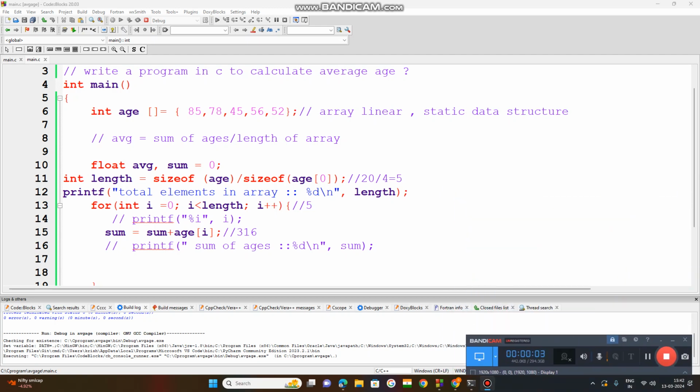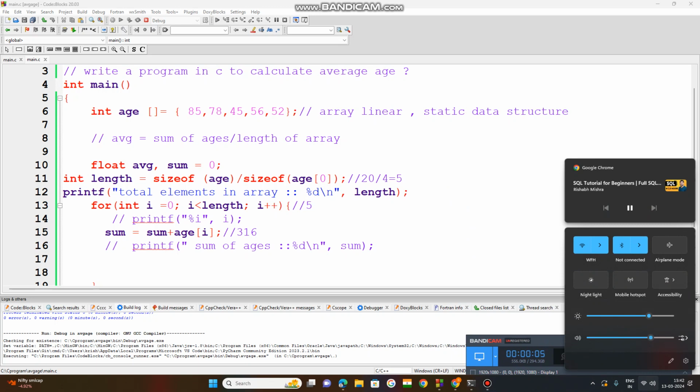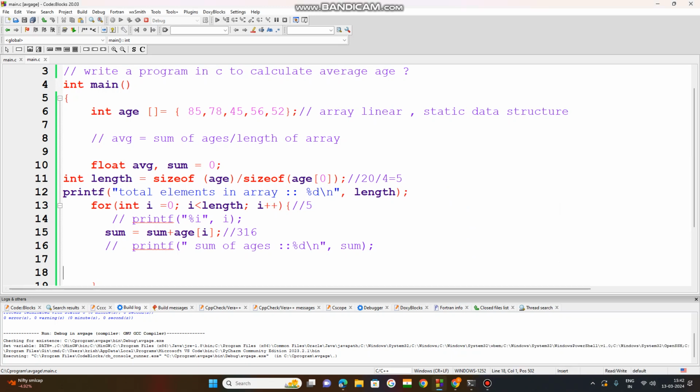So that moment we were discussing the program, which is how to calculate average age. So what happened is that here, if I provide any integer number, okay, so